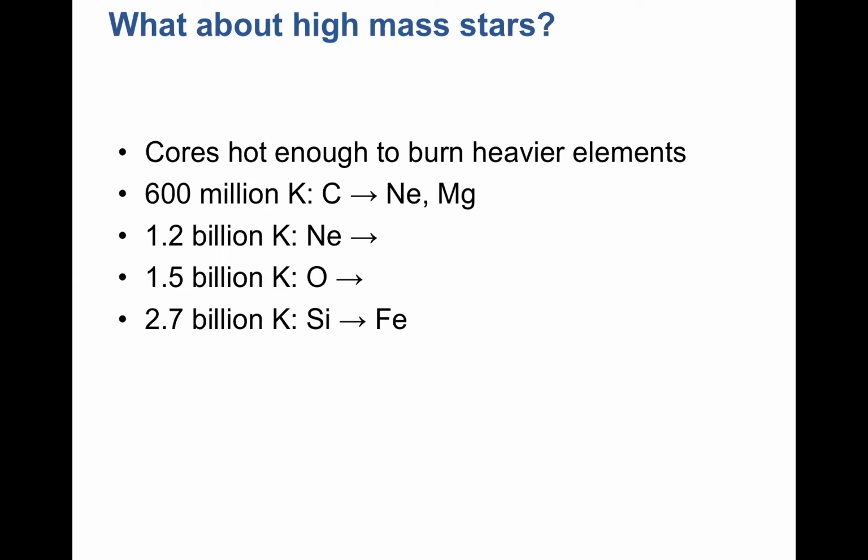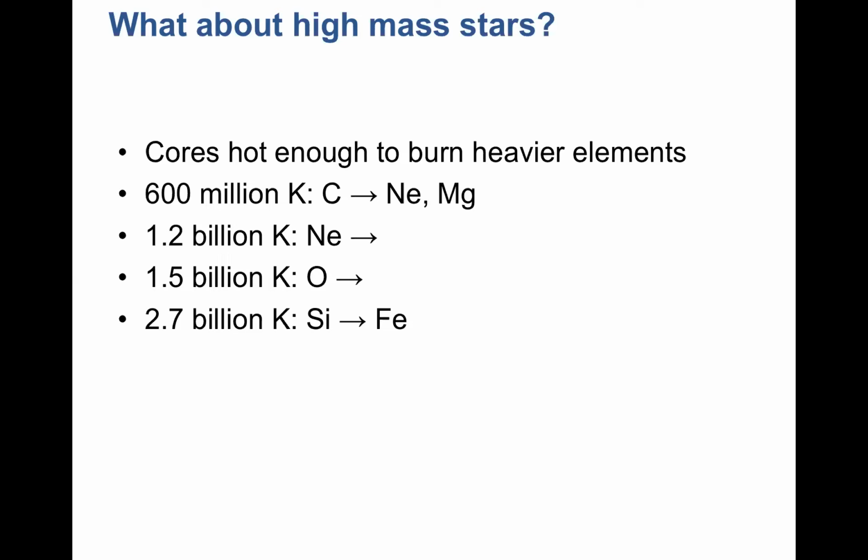Unlike the sun, a high mass star, meaning one that has 8 solar masses and above, will be hot enough to burn helium into something heavier in its core. And in fact, it will burn carbon into something. The sun is also able to burn helium. The high mass stars will be able to burn carbon into something else. They will get hot enough to burn heavier elements. Specifically, if they can get to 600 million Kelvin, they can burn carbon into things like neon and magnesium.